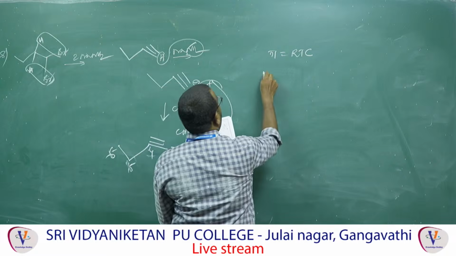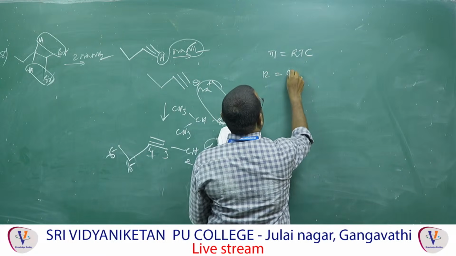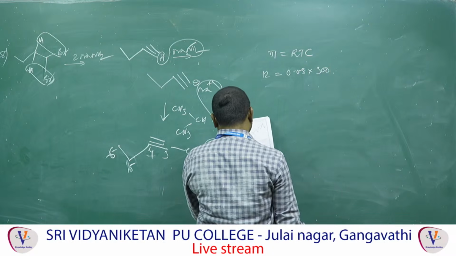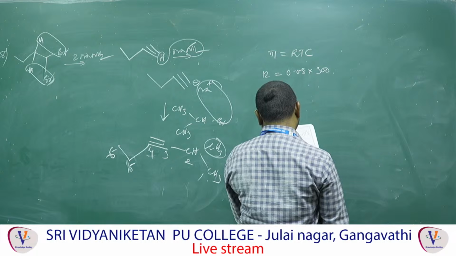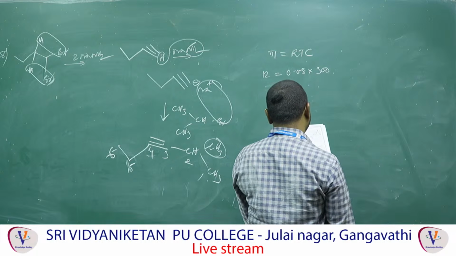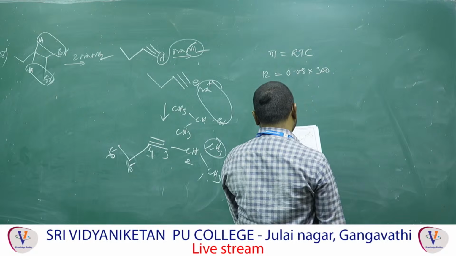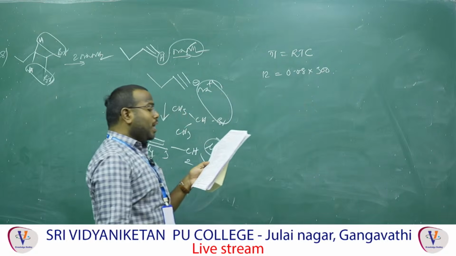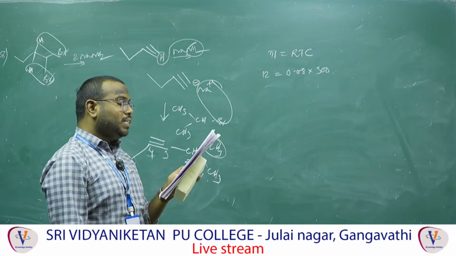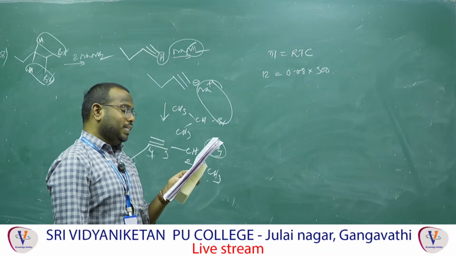Osmotic pressure 12 atmosphere, 0.08, temperature 300. In 15 grams of this, we need to calculate the atomic mass of A. They said the strength of sodium chloride solution that is isotonic with the living cell at this temperature is